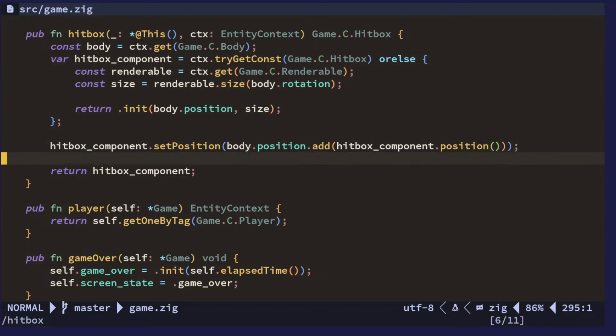We also have this calculation here. So if we don't have a hitbox, we get the hitbox there. I think what I'm gonna do